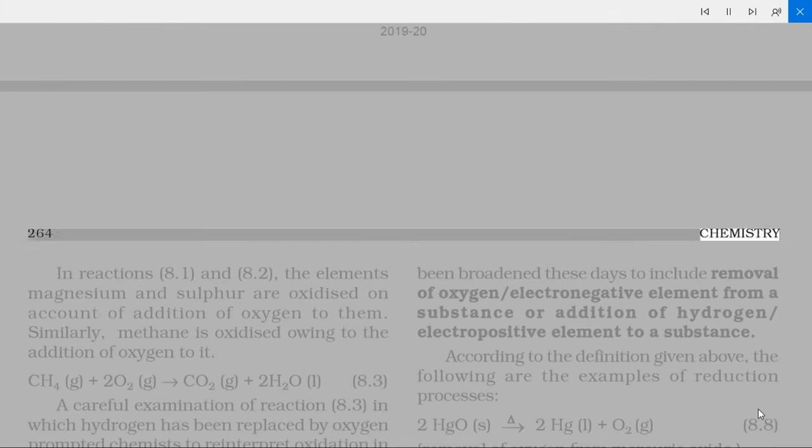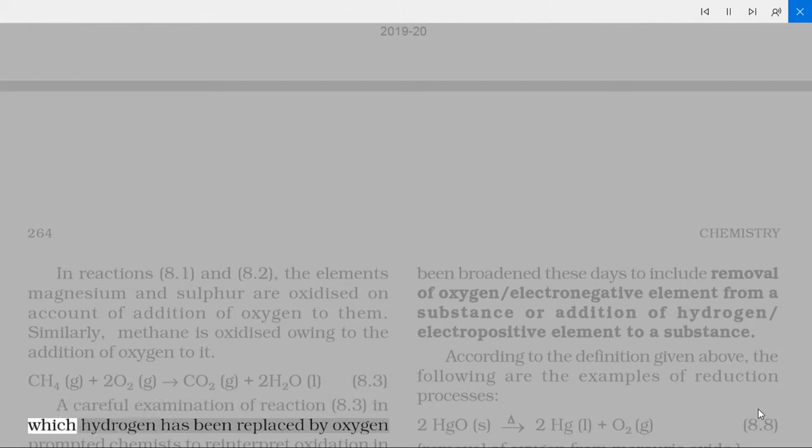In reactions 8.1 and 8.2, the elements magnesium and sulfur are oxidized on account of addition of oxygen to them. Similarly, methane is oxidized owing to the addition of oxygen to it. CH4(g) + 2O2(g) → CO2(g) + 2H2O(l) (8.3). A careful examination of reaction